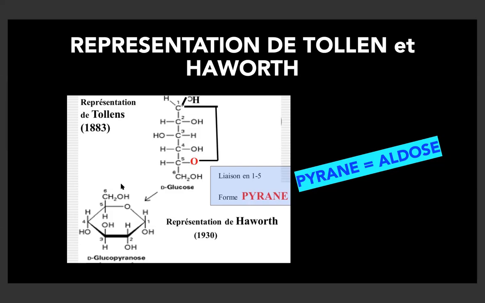It's called an oxide linkage. So this representation here is what we're calling the Haworth representation, and this one here is what we're calling the Tollens representation. So the purene, which has a linkage between carbon 1 and carbon 5, forms a linkage called purene,